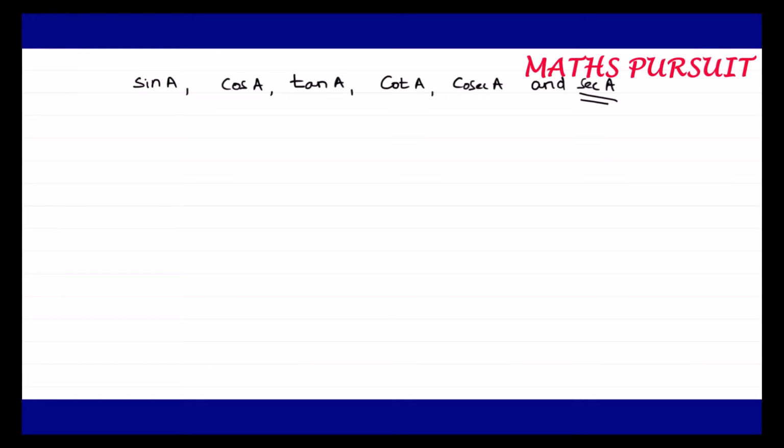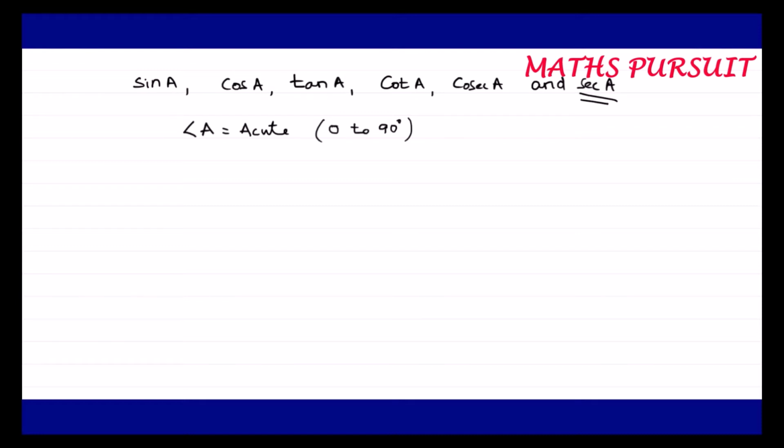Now, the other thing: write all the other trigonometric ratios of angle A. So the question is discussing something about angle A. So let us assume that angle A is an acute angle. Why are we assuming angle A to be an acute angle? An acute angle is nothing but an angle which lies between 0 to 90 degrees. We are assuming this so that whatever ratios we get are all positive. For that reason we are assuming that angle A is an acute angle.